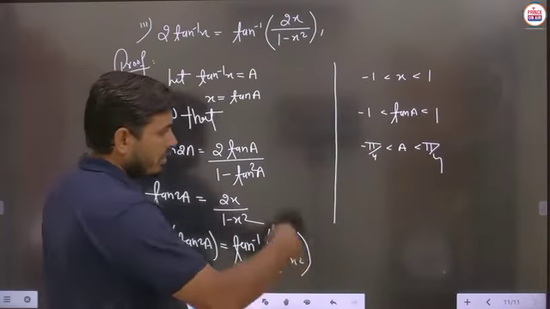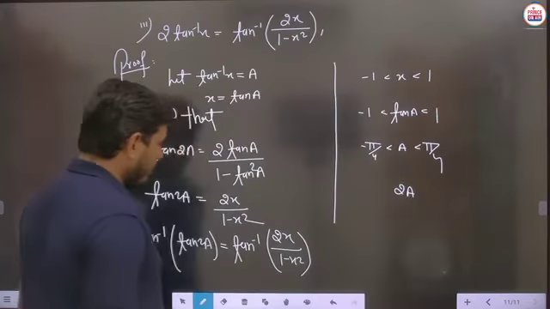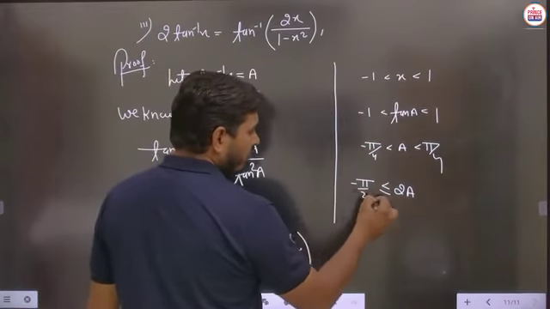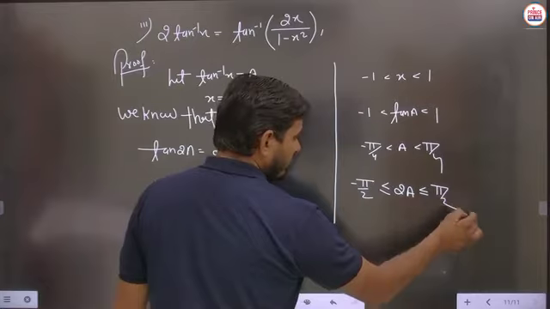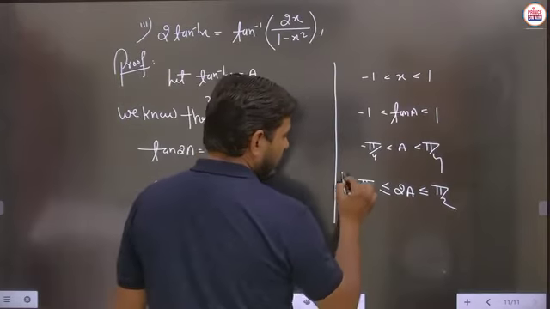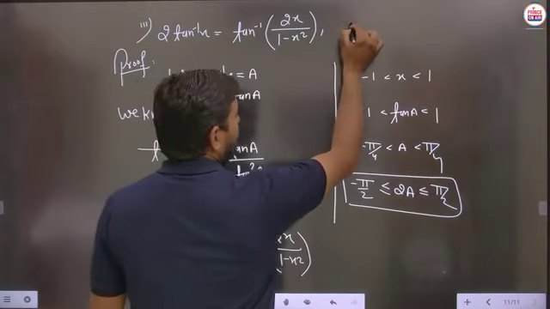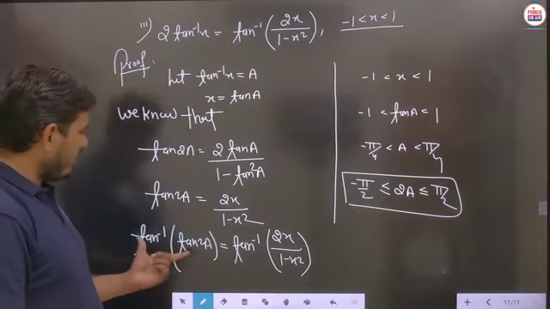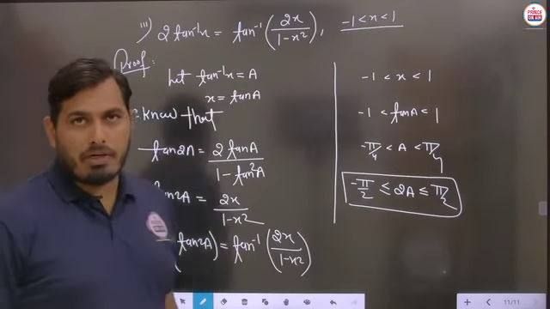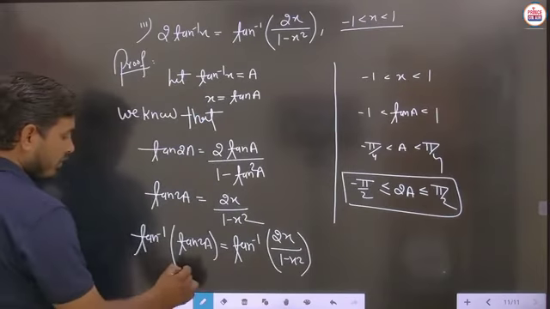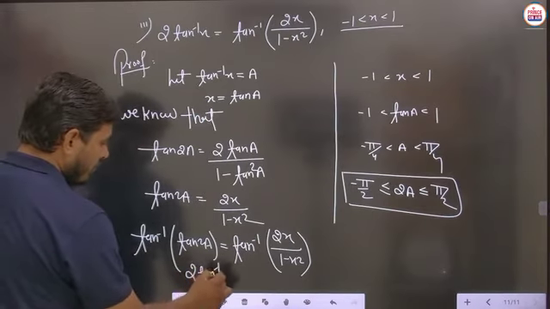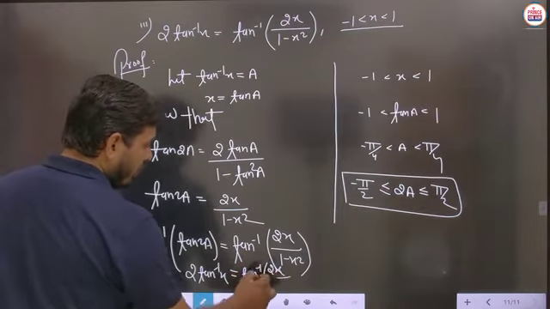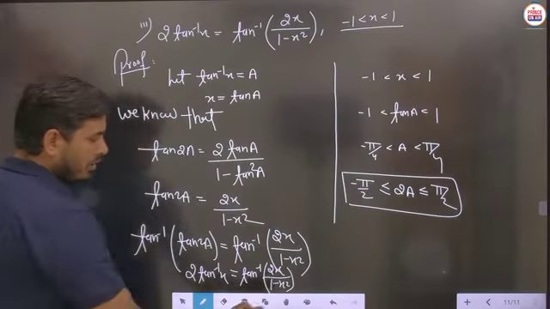Now we will check the interval for 2A, because here the required angle is 2A. So 2A means this is to be multiplied by 2, then it should be minus pi by 2 to pi by 2, and definitely this 2A will lie in this interval. Then the interval of x is taken from minus 1 to 1. So this is the very important condition in which definitely tan inverse of tan 2A will be written as 2A, and 2A means you will write this as 2 tan inverse x, because A is tan inverse x, and this answer should be written as tan inverse of 2x upon 1 minus x square. But here the situation is what?